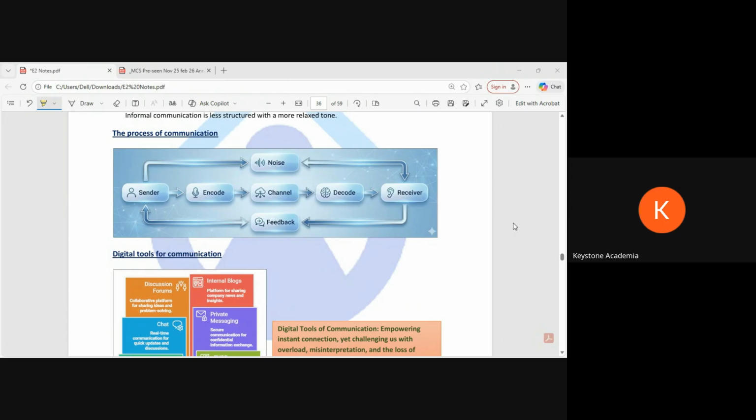And what about this encoding and decoding data? In encoding and decoding, for me, the basic understanding is that you should be a good listener if you are on the managing level. You have to listen to everything before you speak up or before you give your suggestion on anything.